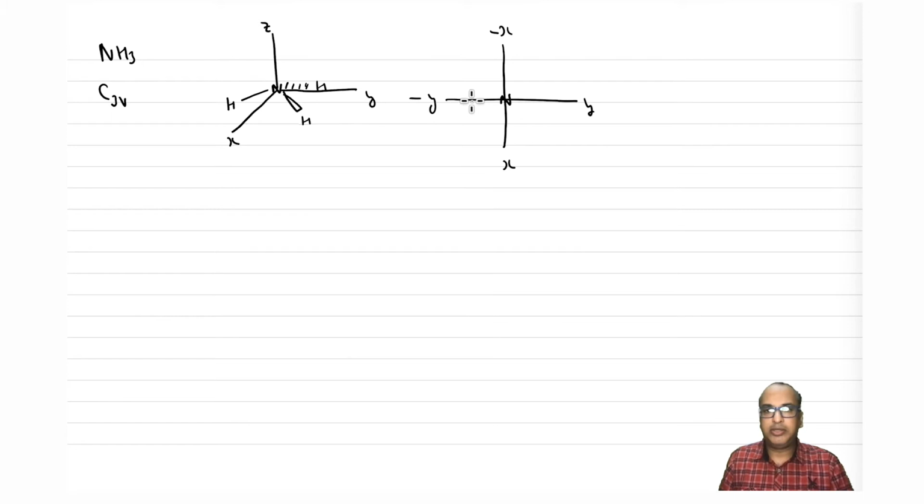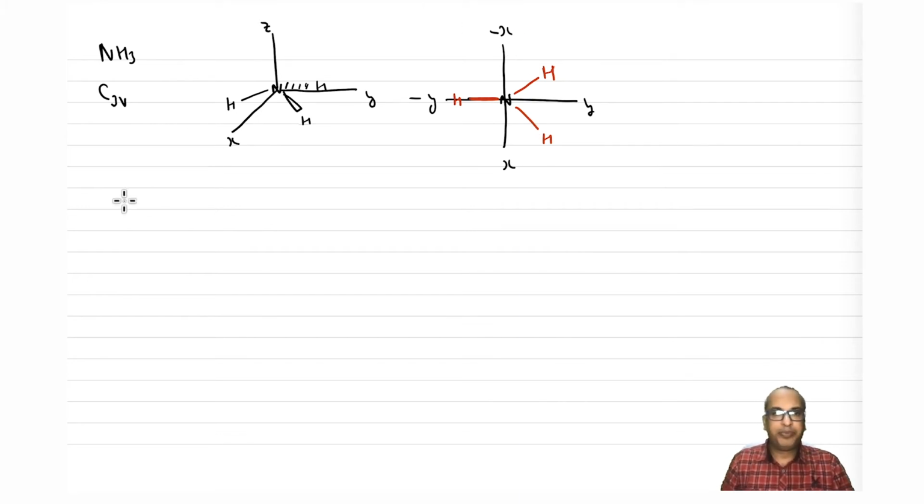So this is my nitrogen. Let me draw the bonds with red color. One of the NH bonds is actually lying along the YZ plane. Another one is somewhere here, and this one is somewhere here, right? Now you see, these two bonds are not lying along the coordinates or along the planes. So it will not be as straightforward as in the case of water to write the matrix representations. So let us see how to do that.